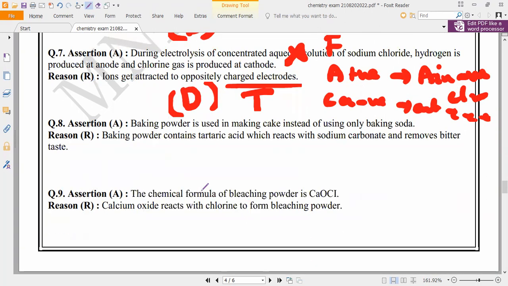Everybody can answer, but remember, in MCQs and case study, 90% of people can get marks. What about the assertion reason? If you are capable of getting full marks in assertion reason, surely you are going to get full marks in science, every subject. That is what I challenge everybody. So now, 8th question, answer.